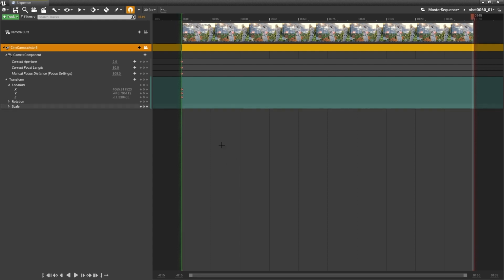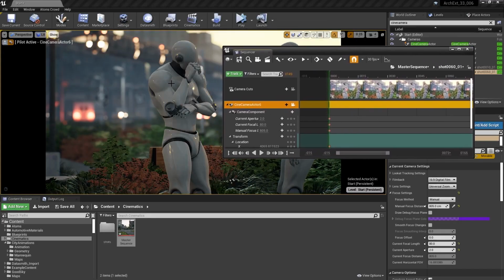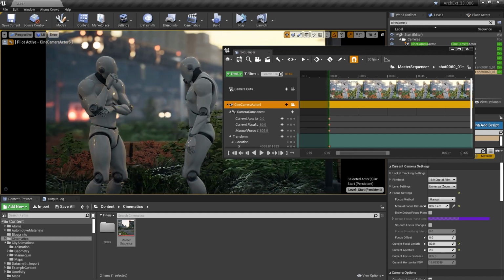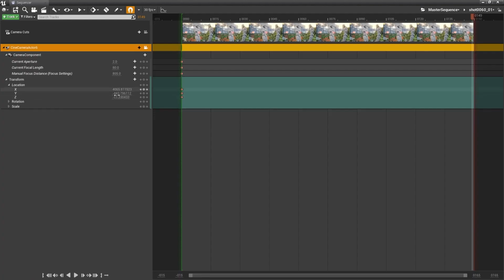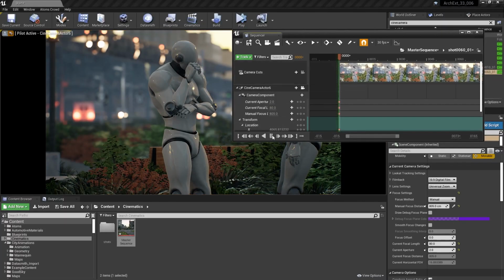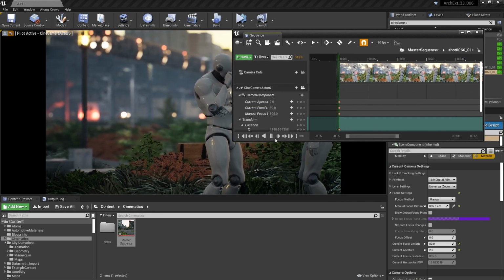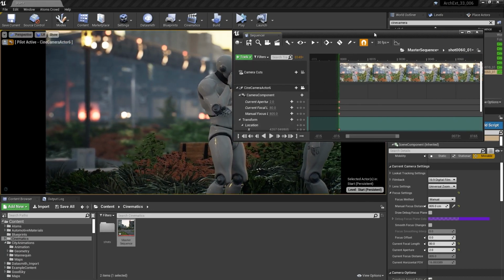And now we need to make some changes to our camera settings here. Now we can manually type in the settings here, or we can drive it using the viewport. So I can come in here, as long as the camera is active, I can right click and I can make some tweaks to the position of the camera. And you can see the changes there, and if we were to create the keyframes on those, and we'll go ahead and rewind here and hit play, now we can see our camera animation. Now that's not exactly where I want it to be, so let's go ahead and make some tweaks here to